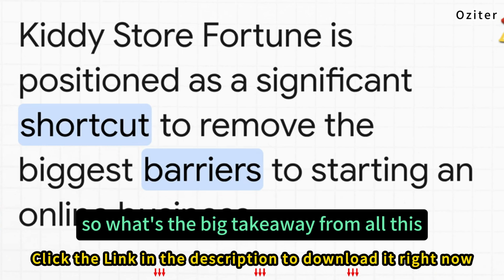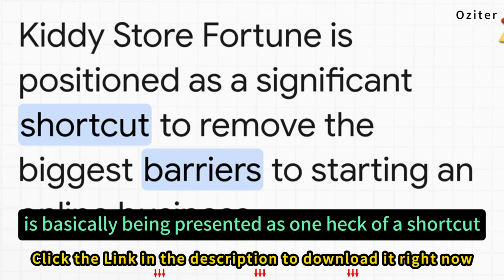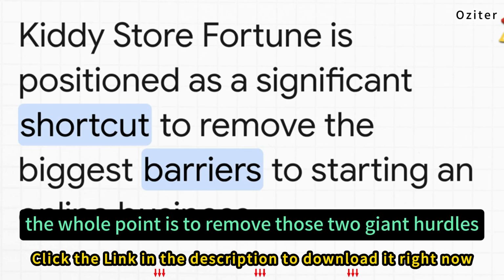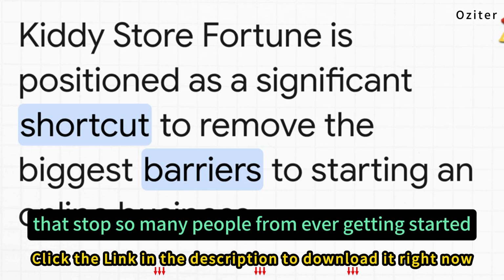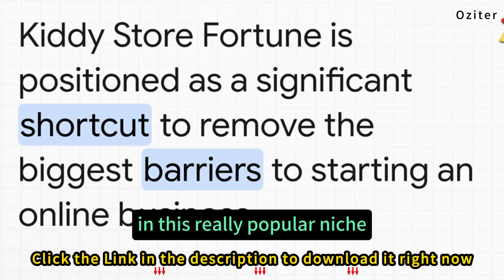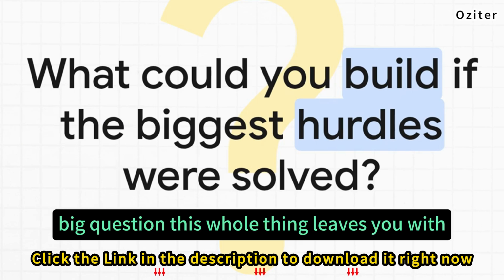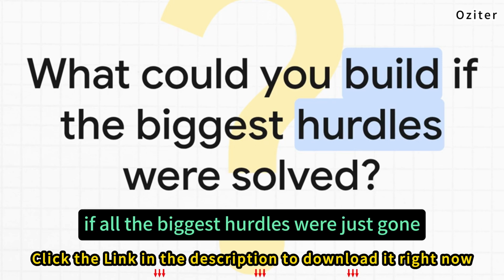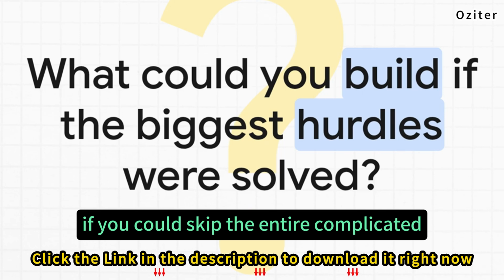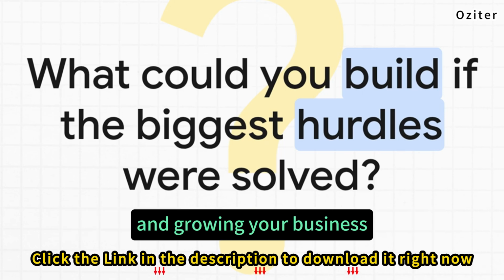So, what's the big takeaway from all this? Well, Kiddy Store Fortune is basically being presented as one heck of a shortcut. The whole point is to remove those two giant hurdles, the technical setup and the content creation, that stop so many people from ever getting started in this really popular niche. And that brings us to the final thought, the big question this whole thing leaves you with. It's a powerful one. What could you build if all the biggest hurdles were just gone? If you could skip the entire complicated, frustrating setup and just focus all your energy on marketing and growing your business,